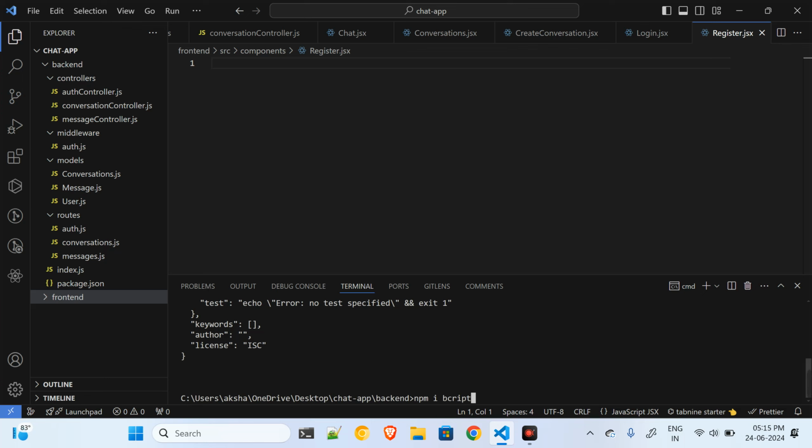First is bcrypt for authentication purpose. Then I'm having the body parser. Then I will have cors for the middleware and all. After that, I have dotenv to integrate the env file. Then I'm having express for creating our application. Then we have the JSON web token to create the token for our application. Then we have Mongoose for MongoDB and